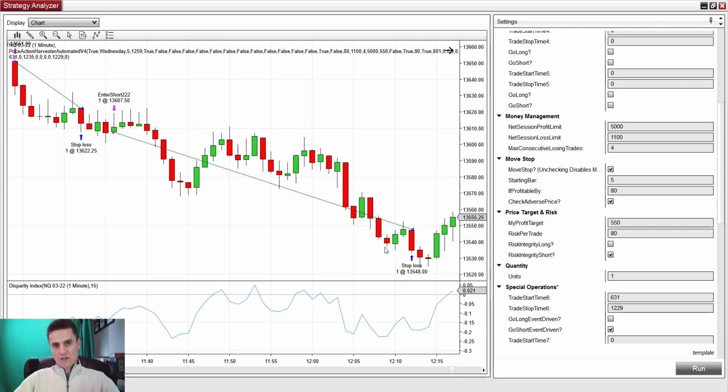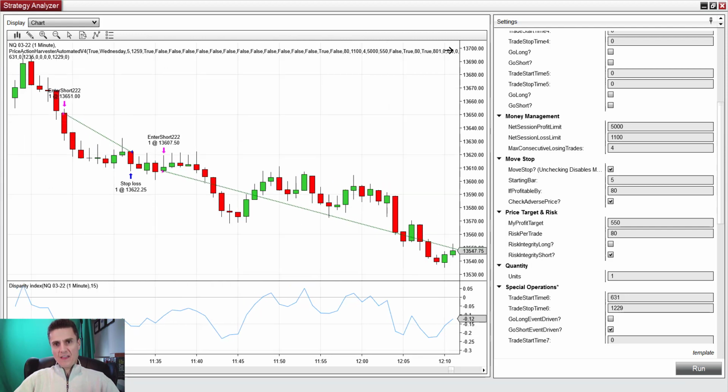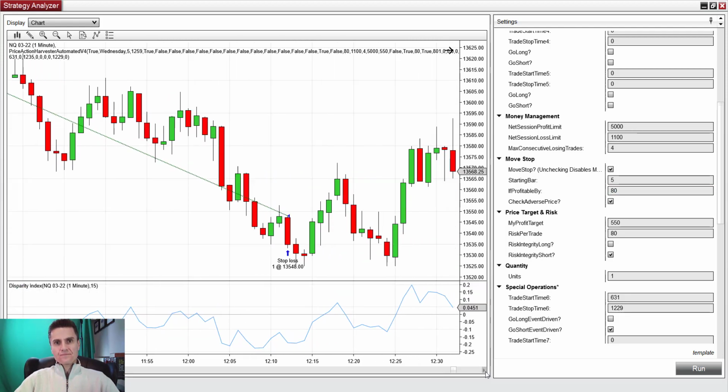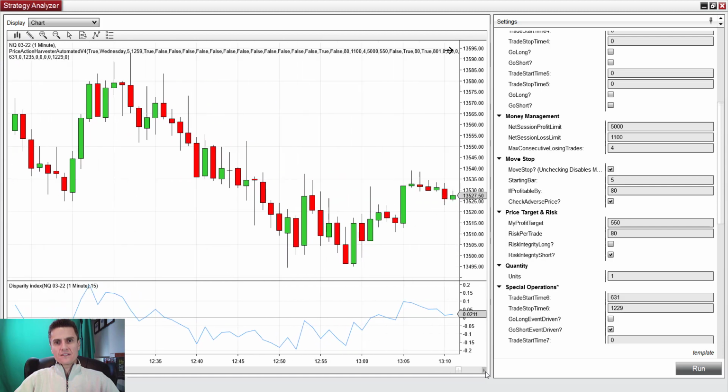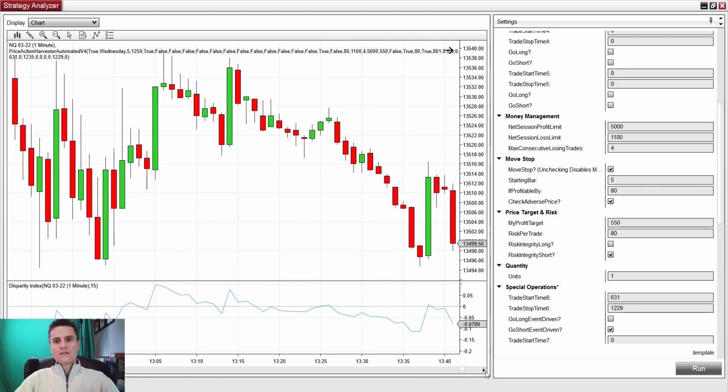Okay. So imagine if you hadn't seen this, right? You saw that. How do I know this next green bar is not here or here or here? How do I know? I don't. So I booked the profit. I'm happy with it. I have at least 80 ticks. Price has moved against me here. Good. I'll book it. And let's see if we have any more. Oh, that's it. All right. So that was